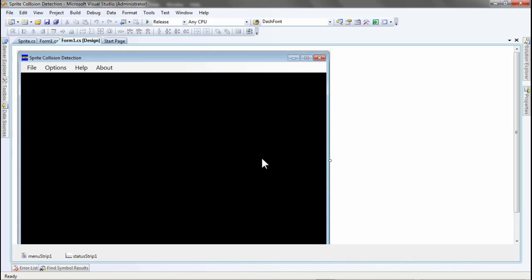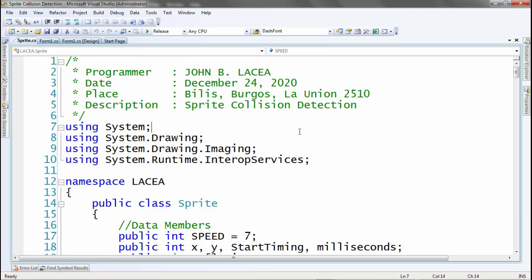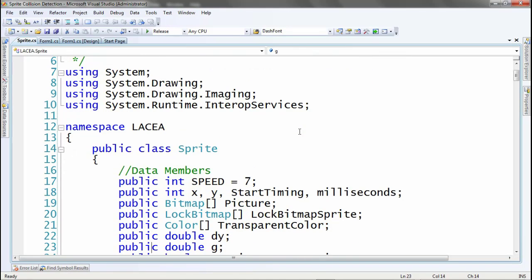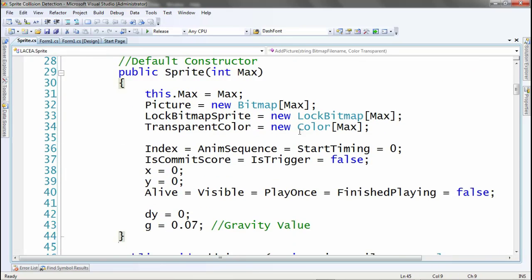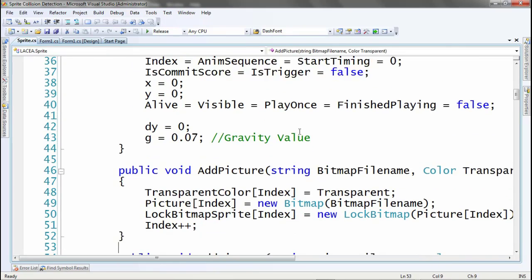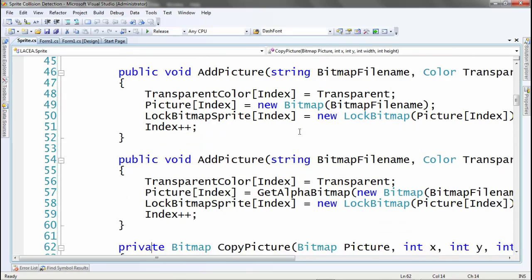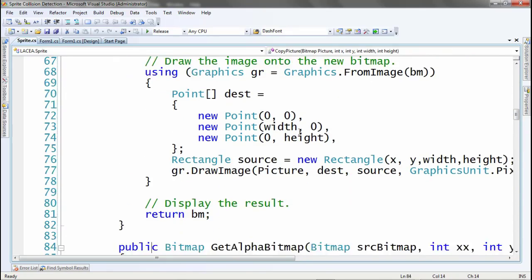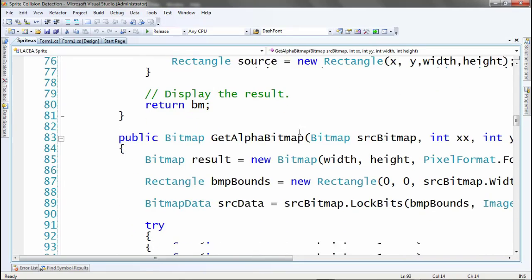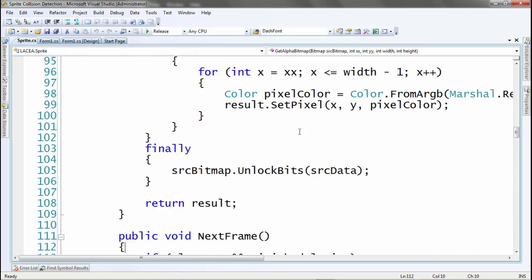The sprite collision detection project is written in the C# programming language. Let us look at the code. The class sprite contains information about the characters of the game. It contains methods to add picture, copy picture, manage sprite animations, draw picture, and detect collisions between two sprites.